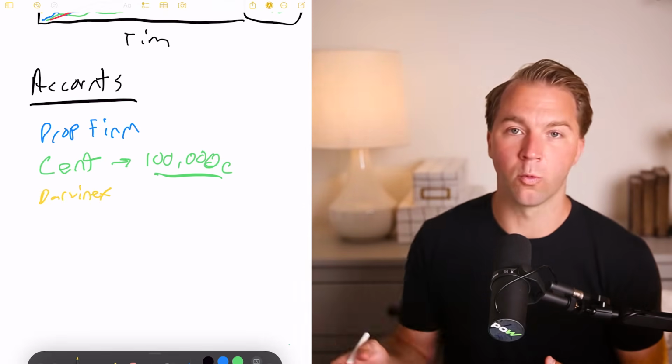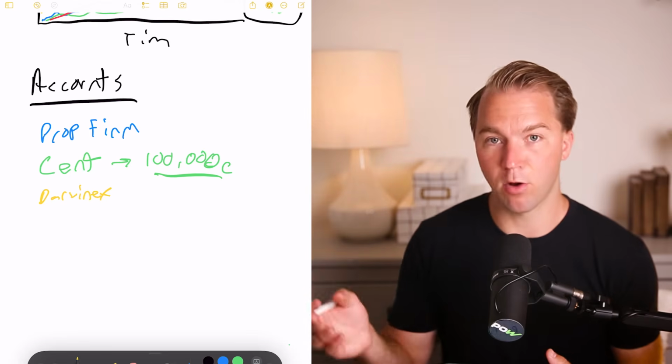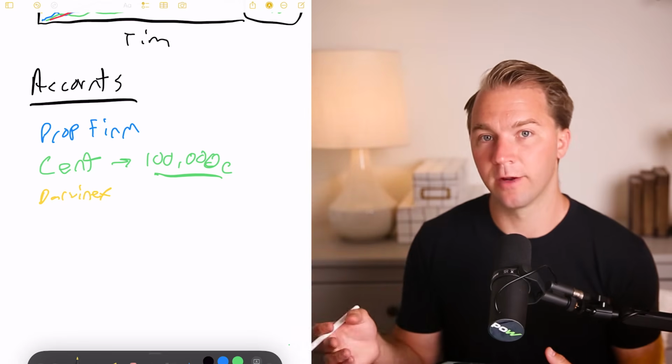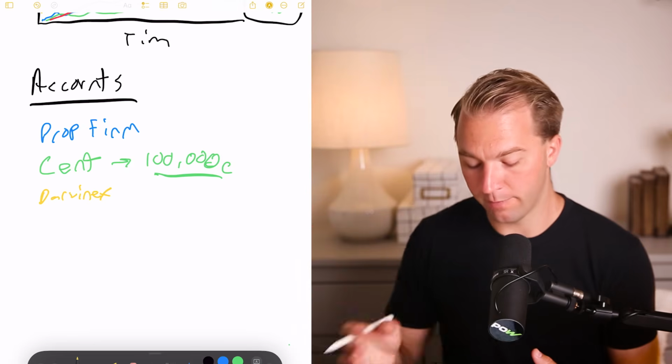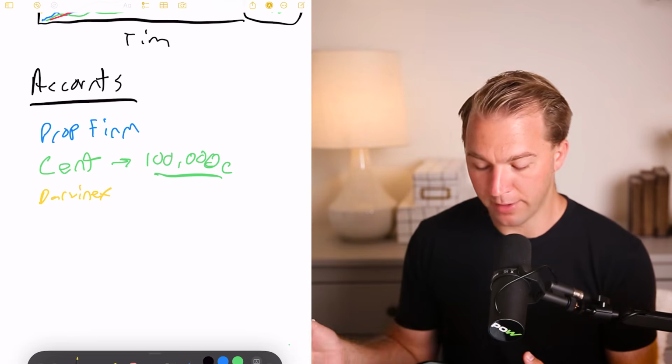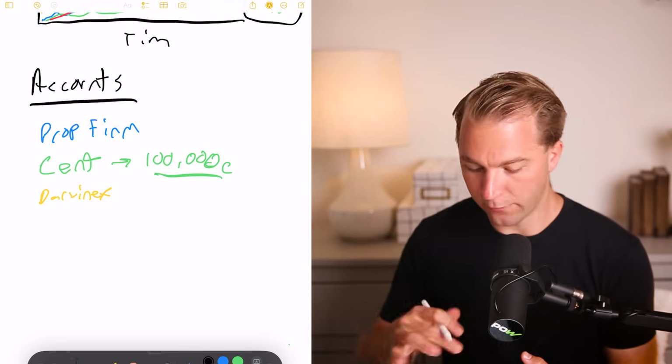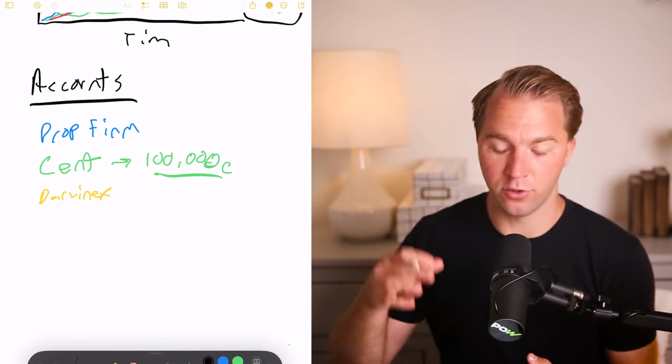Which is really low risk, zero risk, really. It's a small monthly fee to gain access to a Darwin X account. And if you perform over time, you'll get third-party investment. Now, these are three quick different types of accounts, and beyond cent accounts, you can do a regular live account,